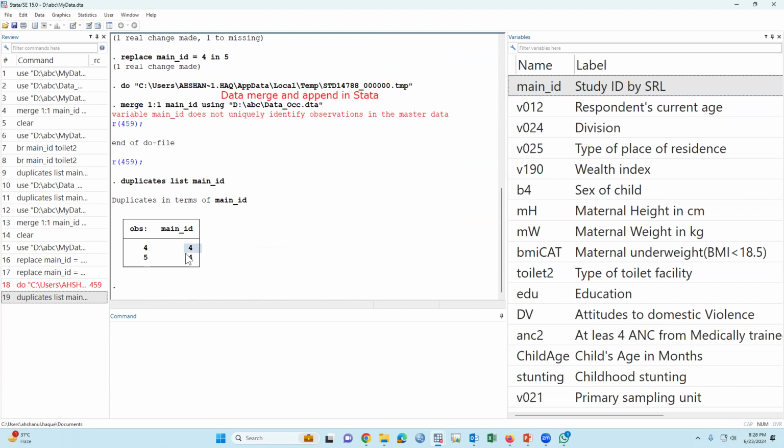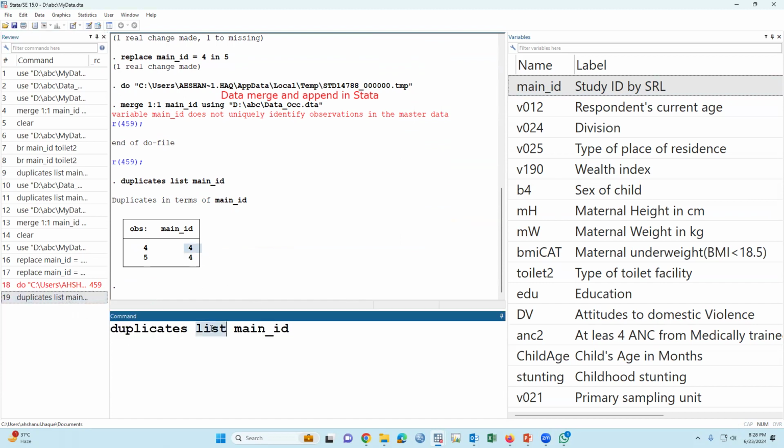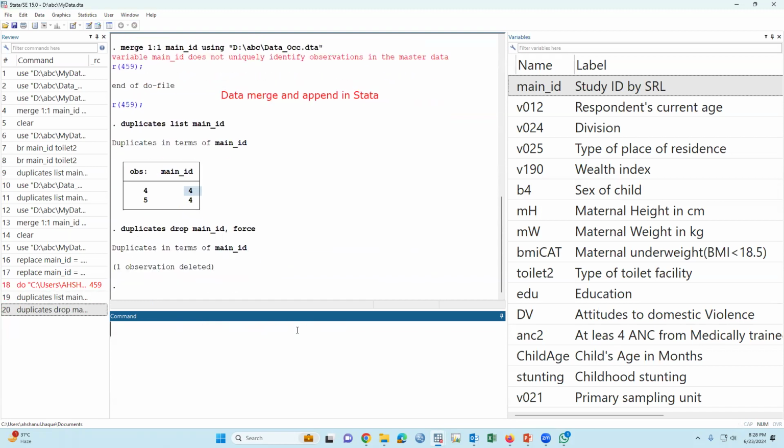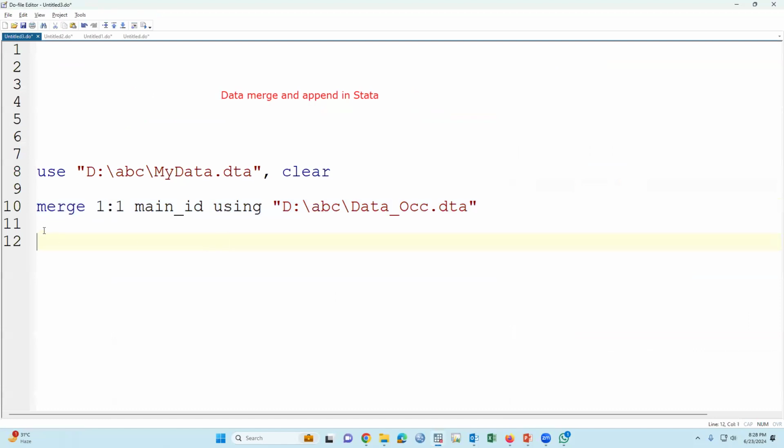For this reason, we have to drop. How to drop? Just duplicates drop ID, comma, force. Yes, then the duplicate ID has been deleted. Now we can merge. Okay.